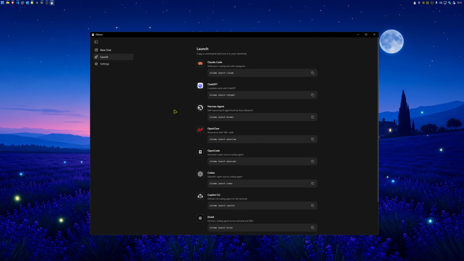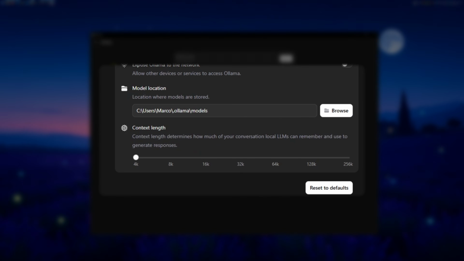Now, before we download anything, there are two settings that we need to change, and the first one catches out almost everybody. So in the Ollama window here, go ahead and click on the settings tab here on the left, and you'll see this context length slider right here. Now, context length is basically how much the model can handle in its head at one time, and out of the box on a card like this, it's set to 4K. Which sounds fine until you realize the agent's own instructions and its list of tools are bigger than that on their own. So the AI literally forgets it has tools, and then people say the thing is broken when actually it just ran out of room.